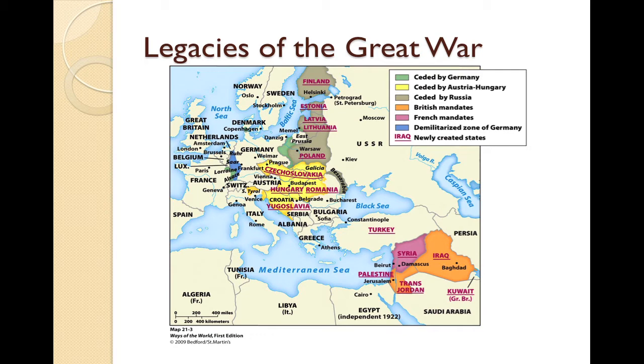On this map here, you can see in green the land that's lost by Germany as a result of the war. You also see in yellow land lost by the Empire of Austria-Hungary and the creation of these new nations. And in this brown color, these were territories that were lost by Russia. The Treaty of Versailles devastated Germany, creating resentment that led to Hitler in World War II.